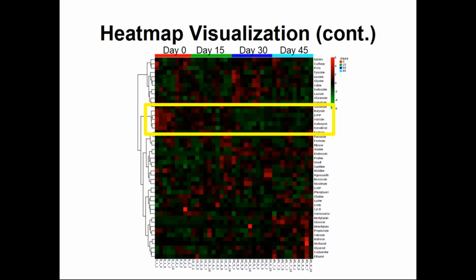So this is a red-green heat map. Sorry if anyone's red-green colorblind, but what you're looking at is time, day 0, 15, 30, and 45 at the top. And I've just highlighted in yellow a set of compounds, butyrate, 3-phenylpropionic acid, acetate, isobutyrate, and so on, where in essence they start high, which is in red on day 0, and then they trend downward by day 45 or day 30 roughly to being green or lower values. Other clusters or groups which are different, but this is just a simple way of seeing temporal trends.